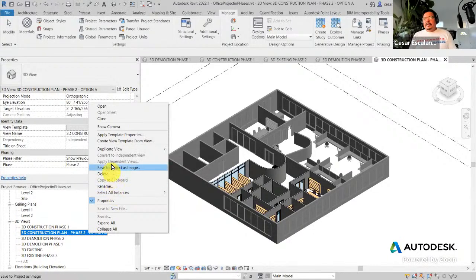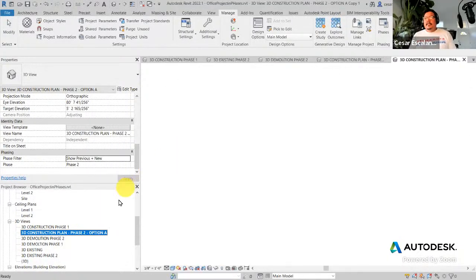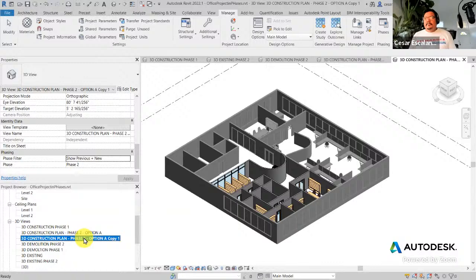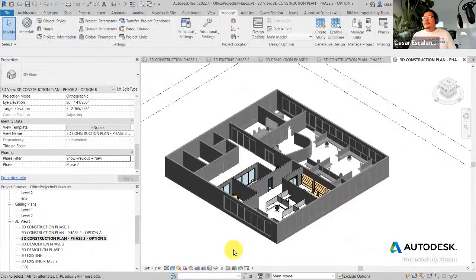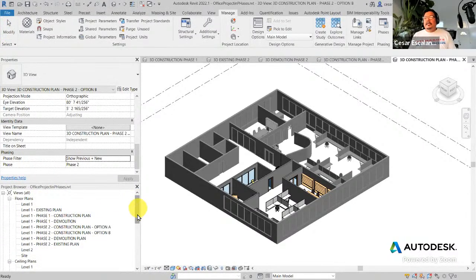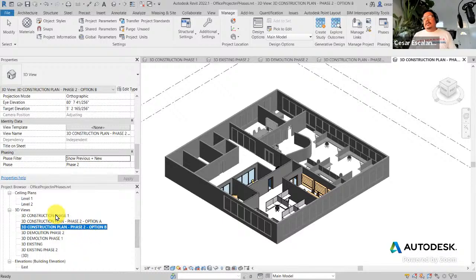Now I'm going to duplicate this again. And this is construction plan, phase 2, option B. And all I need to do is go to visibility graphic and connect this 3D view to option B. And this is option B. And so the same logic I use to create the floor plans is the same logic I use to create